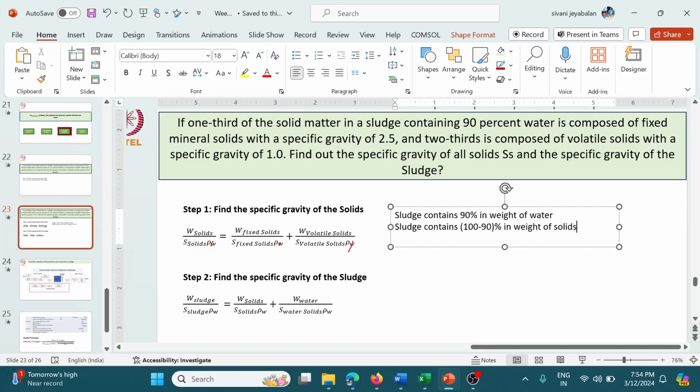Are you getting my point? Yes, yes, I am getting. Okay, so one third means 33%